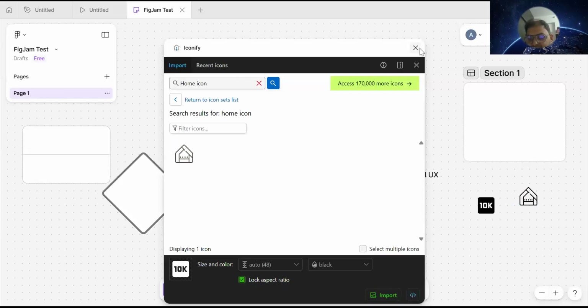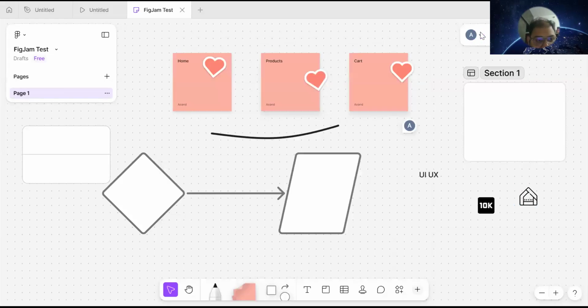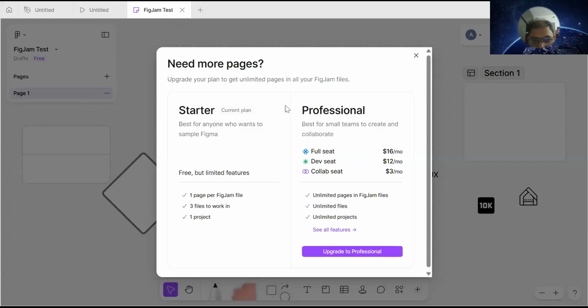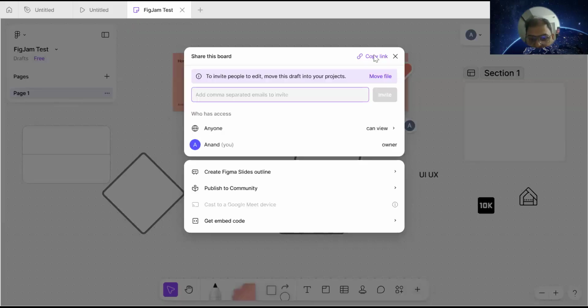Here same thing. Multiple tools. How many people are using? You can make pages here also. For a starter, one page per Figma file. When you become professional, you can create multiple pages. And here you have music also. You can set a timer, play music, and whenever you wanted to share, click on share, copy link, and